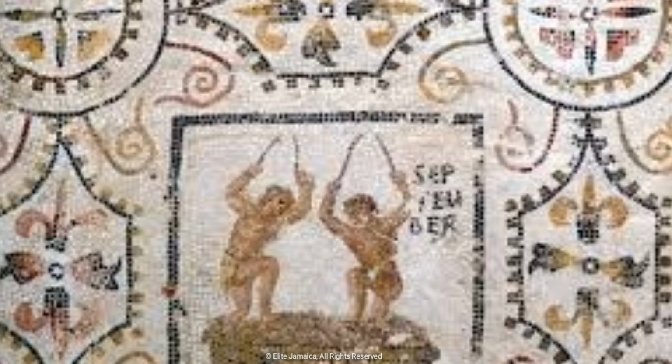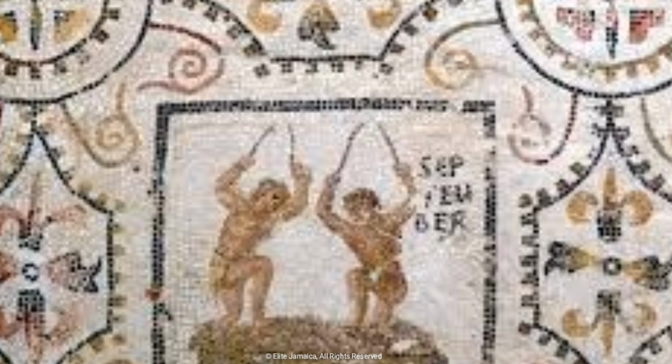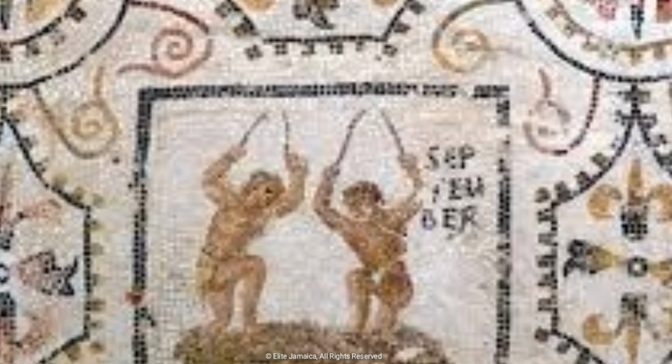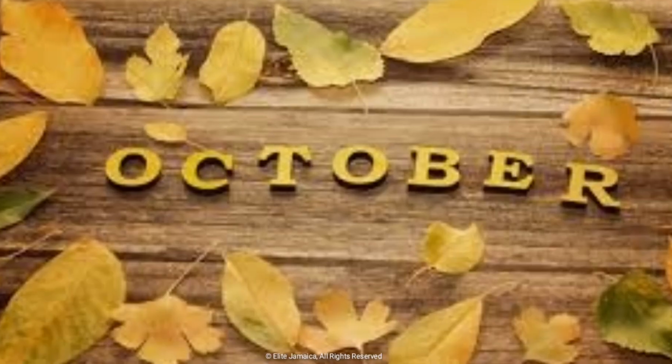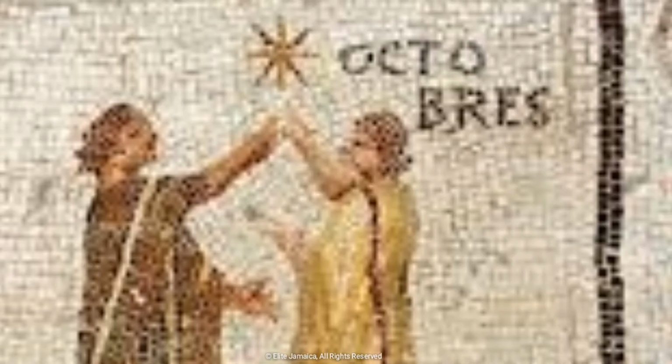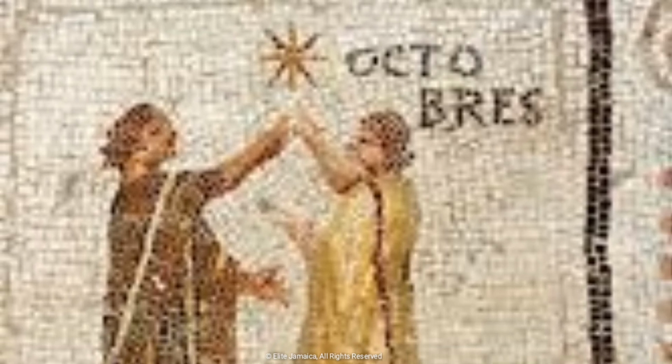September. September comes from the Latin word septem, meaning 7, because it was the 7th month of the early Roman calendar. October. In the ancient Roman calendar, October was the name of the 8th month of the year. Its name comes from octo, the Latin word for 8. When the Romans converted to a 12-month calendar, they tried to rename this month after various Roman emperors, but the